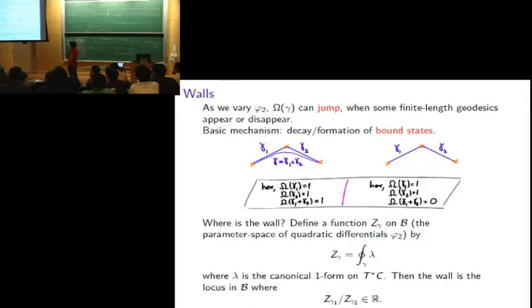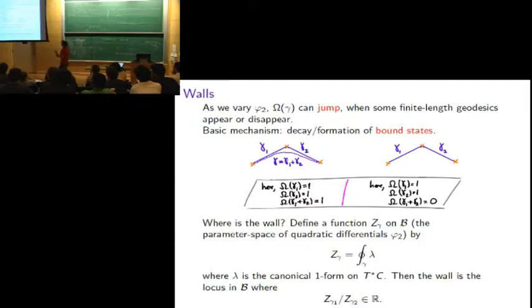So here's a picture of some region of my curve C where I've got 3 zeros in the picture. And let's suppose that I've arranged my quadratic differential so that there is a finite length geodesic from here to here, a finite length geodesic from here to here, and this third finite length geodesic that goes from here to here. So their corresponding homology charges are, if this one's gamma 1 and this one's gamma 2, this one is gamma 1 plus gamma 2. You just look at the lifts to see that. So what can happen? Here the invariants would be omega of gamma 1 is 1, omega of gamma 2 is 1, omega of gamma 1 plus gamma 2 is 1.